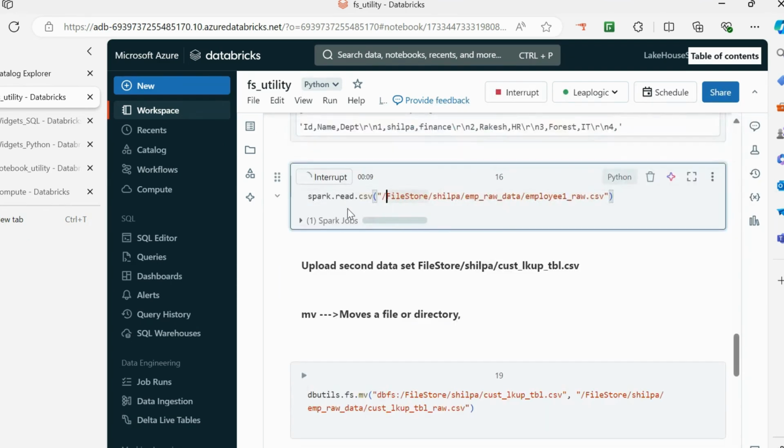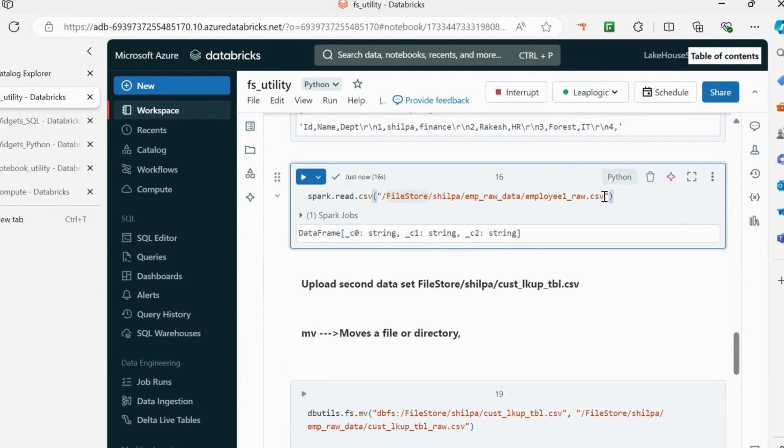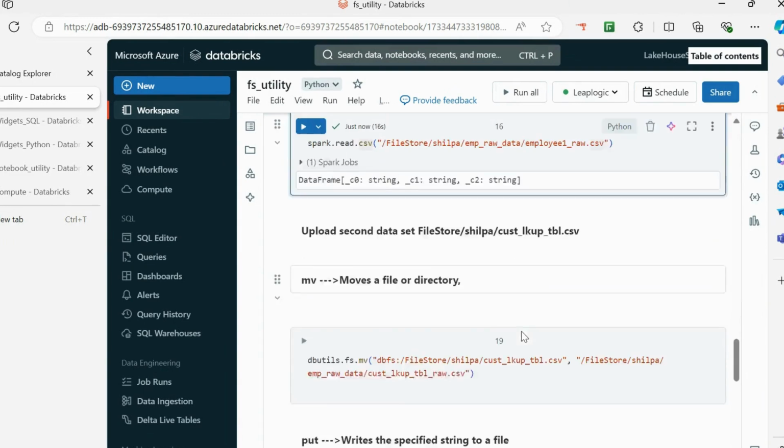And after this has read, if you will see, it will give you the result. It will not show you any column because I have not mentioned whether you need to read the headers or not. So if you will see, it has given me C0, C1 and C2. If you are aware of Spark, it will not create the header if you have not mentioned header equal to true, right? So therefore it has given me C0 and C1 and C2. Now let's move on to the next one,